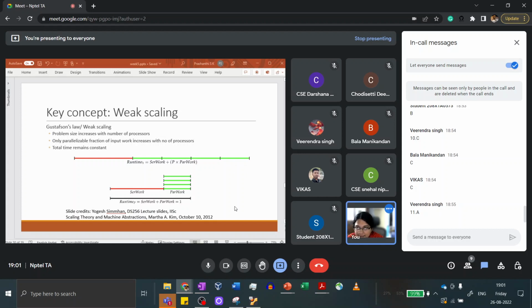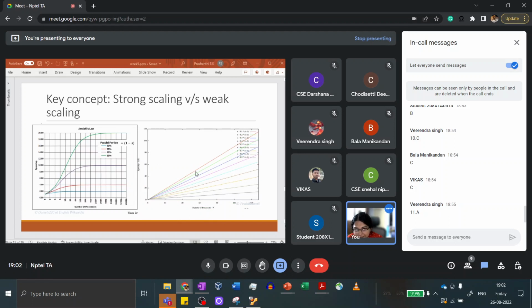The assumptions that they make are different, and in many tasks or many problems, it's a lot easier to achieve weak scaling, and weak scaling also fits many more problems, right? As you try to increase the number of processors, you're also going to be trying to run more computation. For instance, the reason why you increase the number of processes itself might be that you have more work to do, and therefore you do this, right? So in that case, the time would remain constant and you would get an ideal speed up of this much.